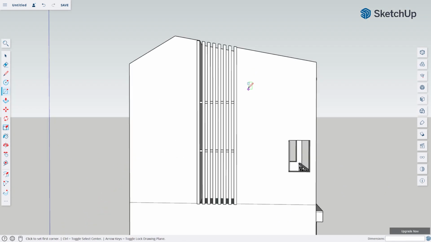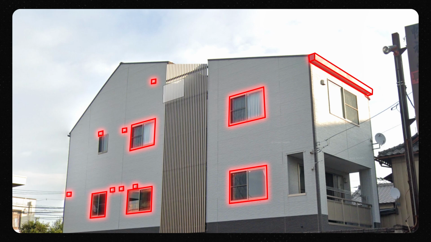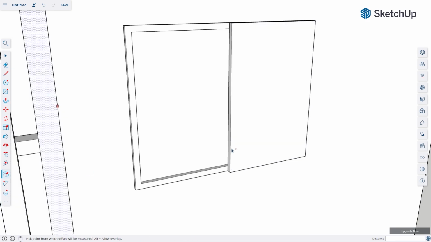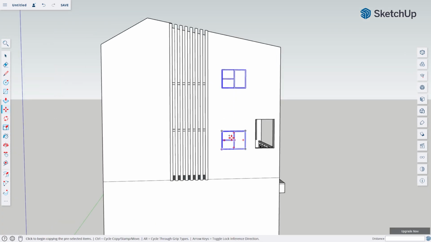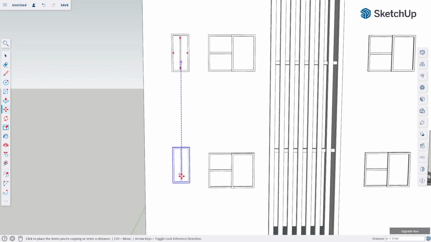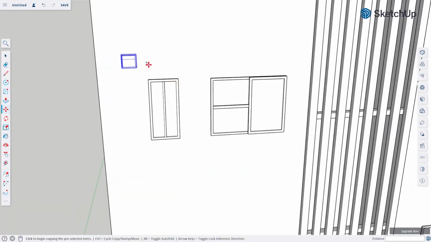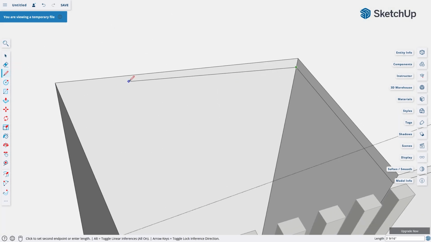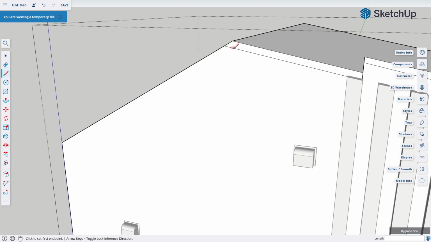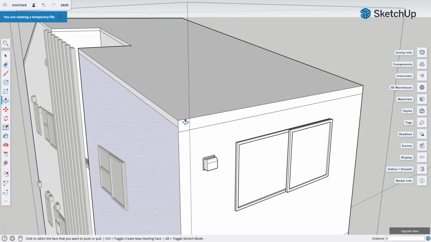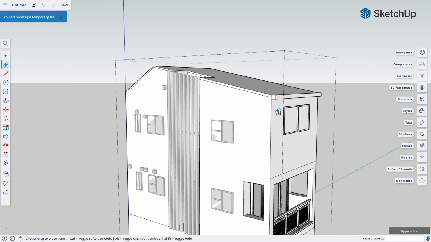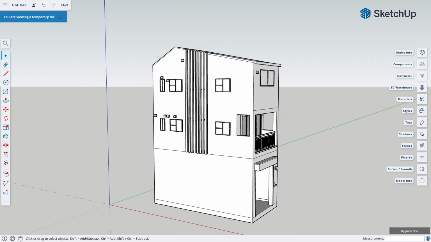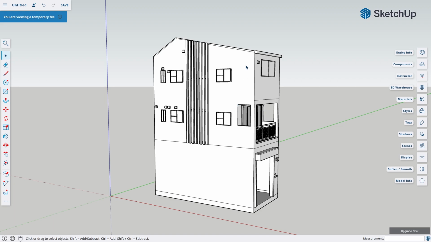And to complete the model of this house, I will add the windows at the side and some other details like the roof and the air vents on the wall. And that's it. This is how you can create a 3D model in SketchUp. I will provide the SketchUp file of this model so you can study it and maybe add some colors and turn it into an actual illustration.